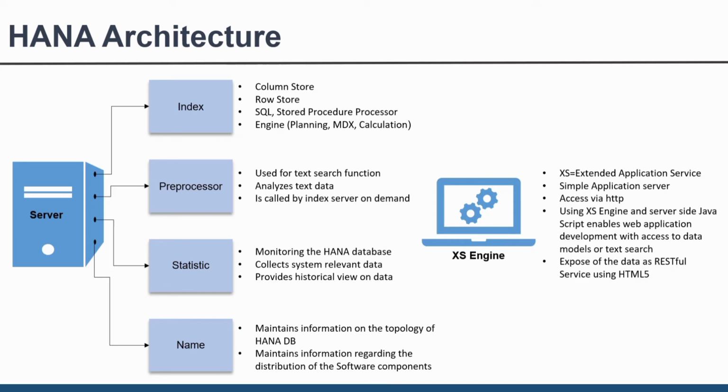So those bulleted points are nothing but engines. So servers are nothing but hardware parts, and these bulleted points are engines. Engines are nothing but the software which runs on particular hardware part. So in HANA database, the most important server is an index server, because all the important engines are part of